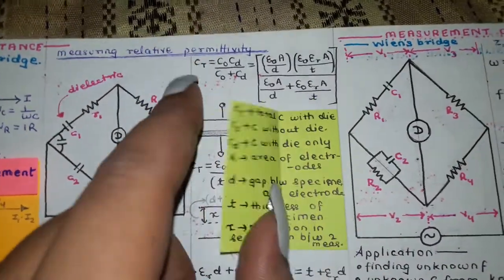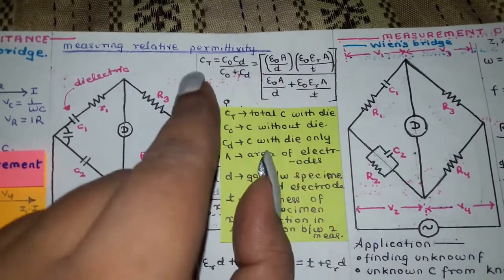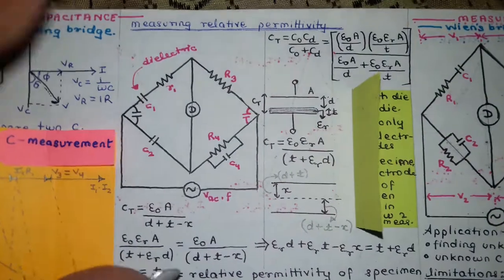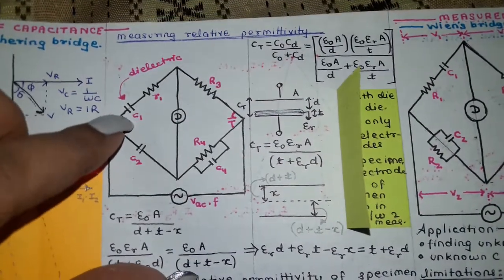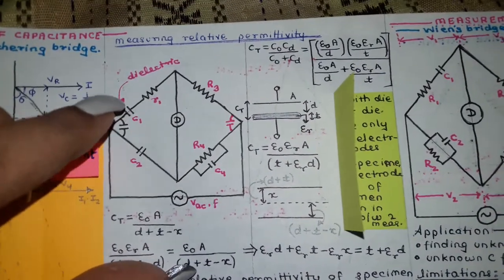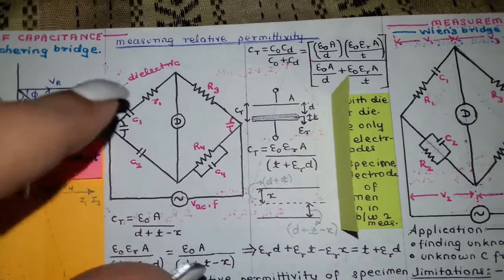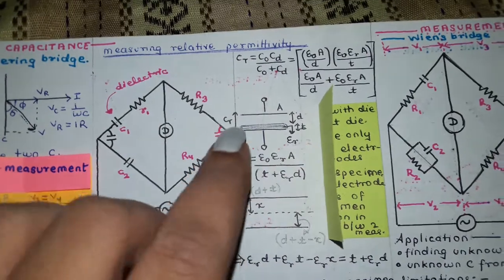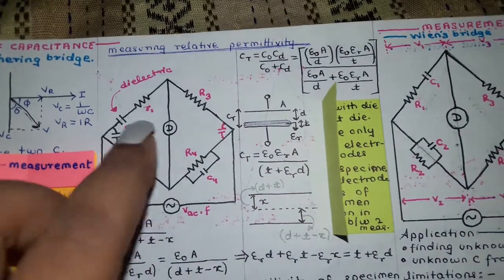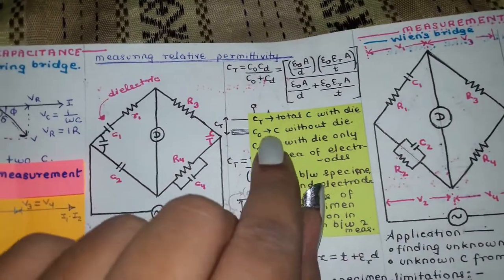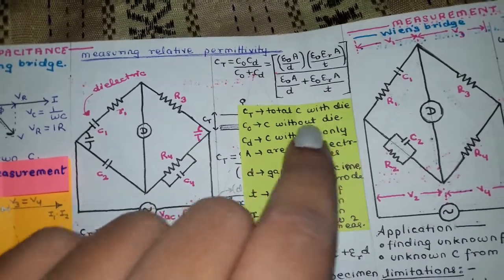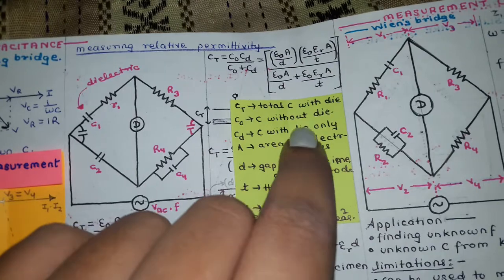So first we are calculating total capacitance with dielectric with this formula. First we are balancing the bridge to calculate the value of this capacitance along with the dielectric. And then we are removing the dielectric medium and calculating again. So you get this without dielectric. Now you get the capacitance with dielectric and without dielectric, so you know how much capacitance is due to the